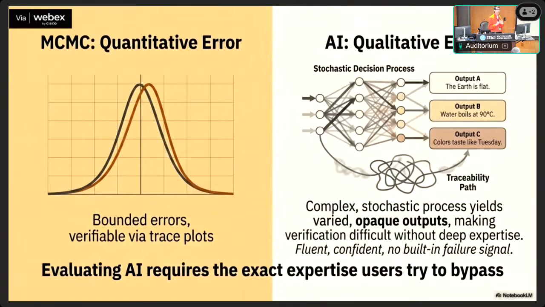This is the type of error that we are used to dealing with in other contexts, but we're not used to dealing with when it comes to software. That is essentially the fact that we have a stochastic decision process. If you delegate a task to a human, you know at some level that they're going to make a bunch of choices. They're going to decide how they want to look at the data, how they may want to process certain things, make certain decisions.